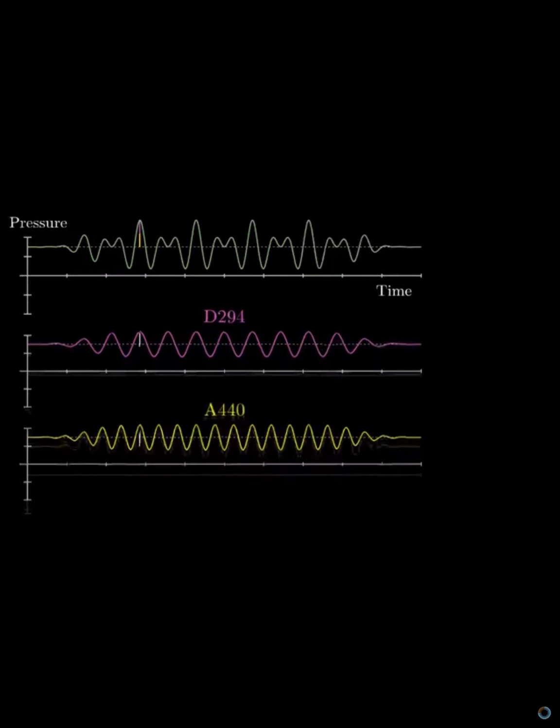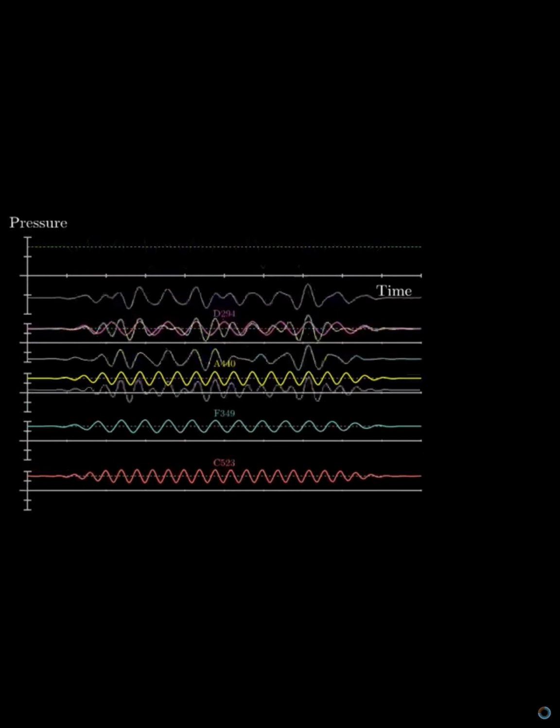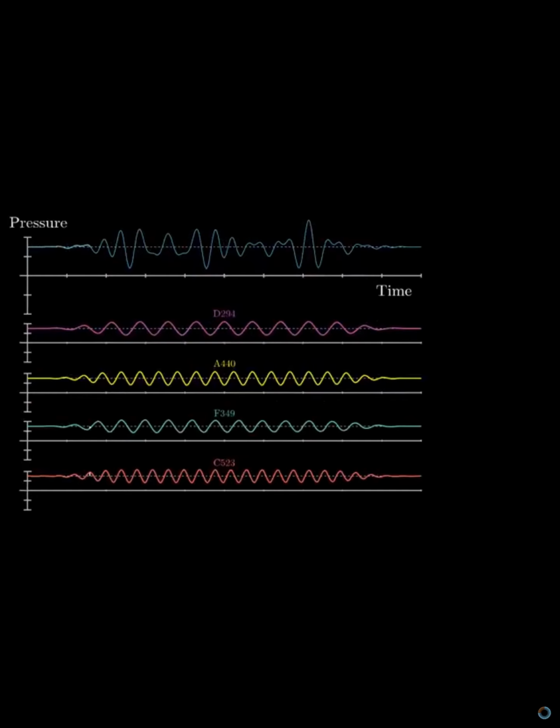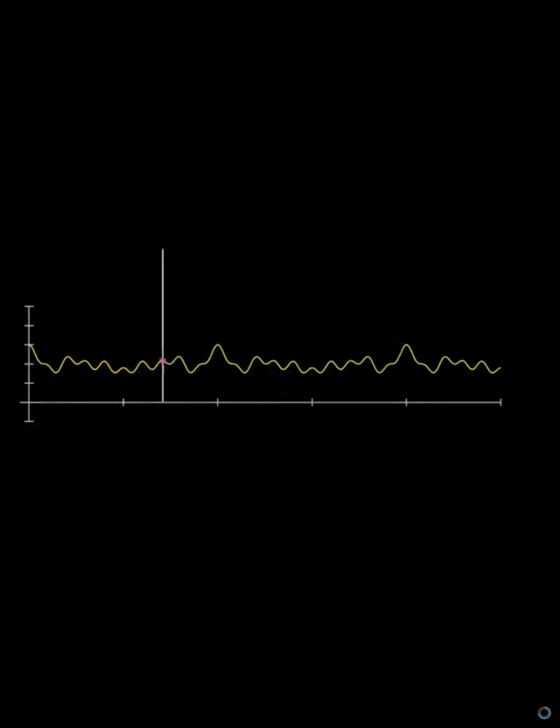And as you add in other notes, the wave gets more and more complicated. But right now, all it is is a combination of 4 pure frequencies. So it seems needlessly complicated given the low amount of information put into it. A microphone recording any sound just picks up on the air pressure at many different points in time. It only sees the final sum.